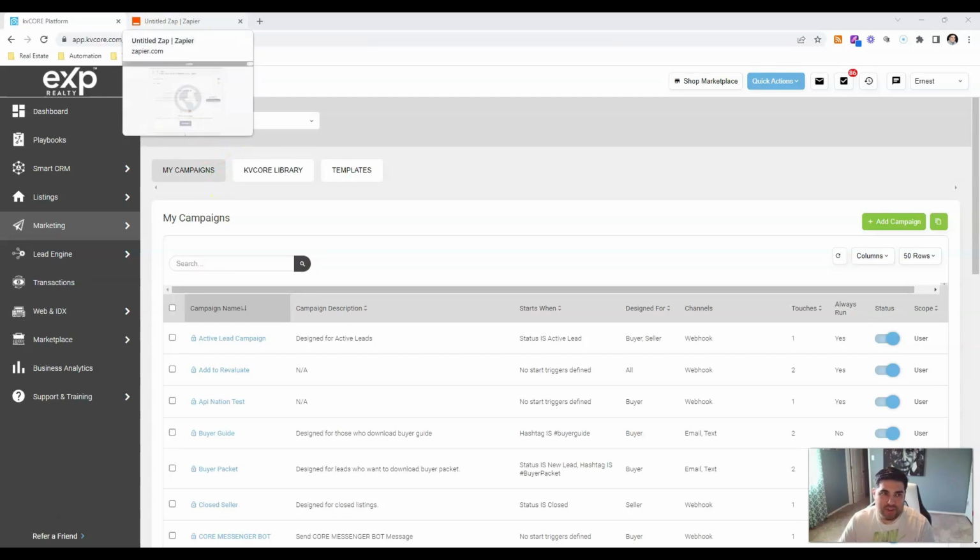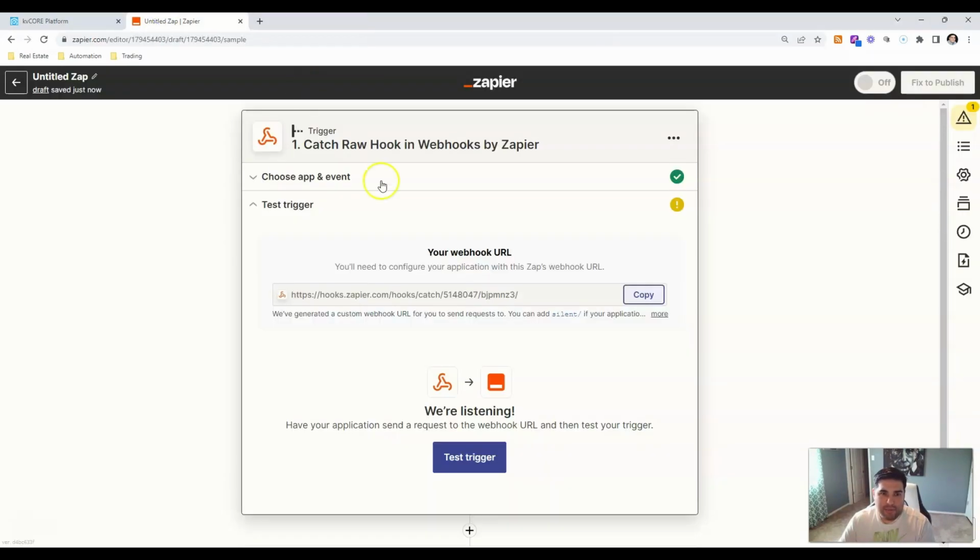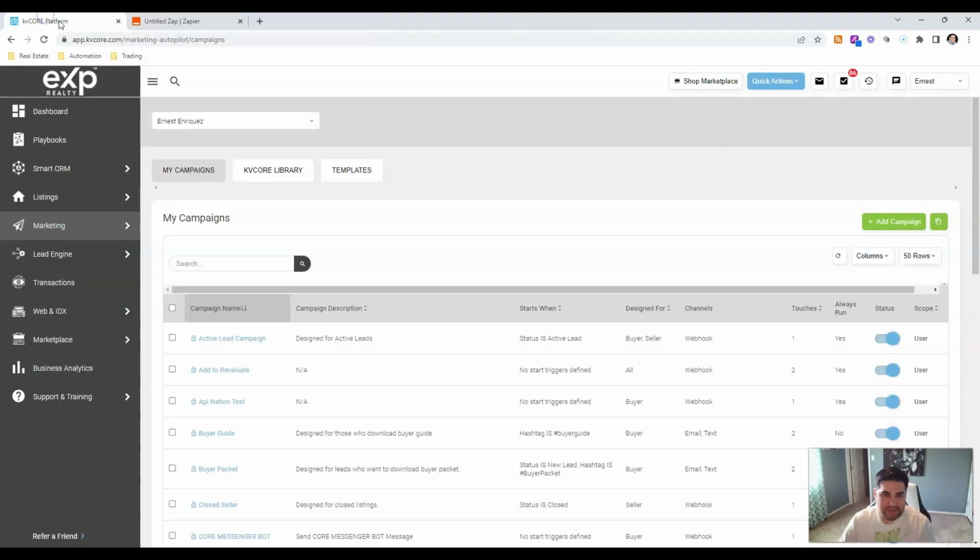So today we're going to be showing you how to set up a webhook integration with your KV Core platform that triggers a postcard to be sent to a past client. So we've created, or started creating, our webhook. We're going to go ahead and copy that URL which Zapier is providing to us, and we're going to head